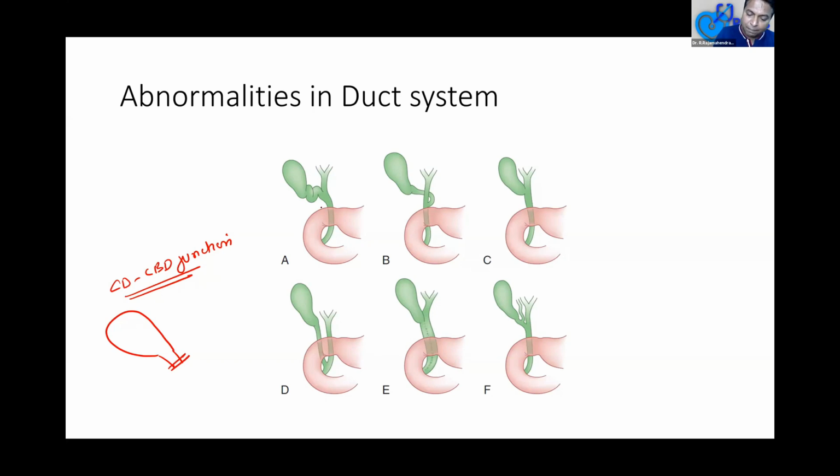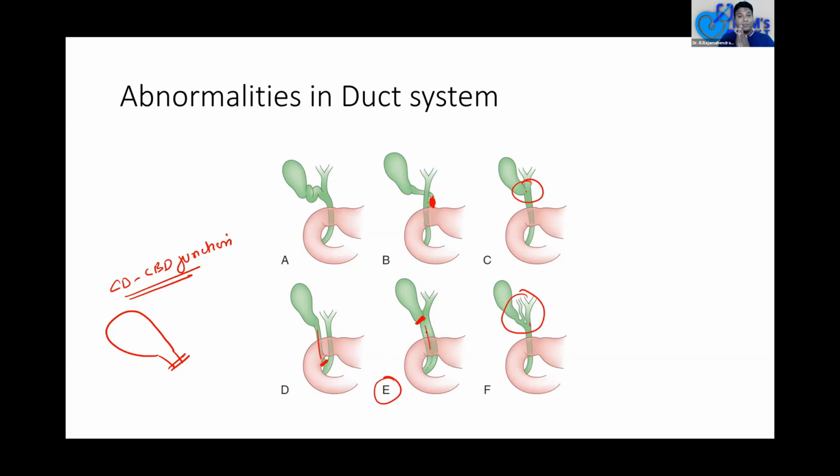See this patient, for example, see the D. If I try to dissect and go, I will have to go and put a clip here. It is a low insertion. If I try to dissect here, it inserts on the left side. I have to go to the left side. I can injure the CBD. In the C and C, you can see there is no duct at all. In F, you can see an accessory duct entering the cystic duct. In E, you can see a fused duct. So we have to clip at this place itself. We do not try to dissect them.